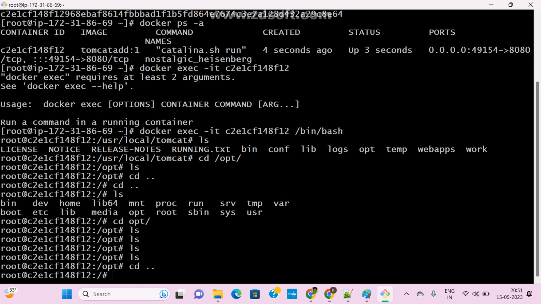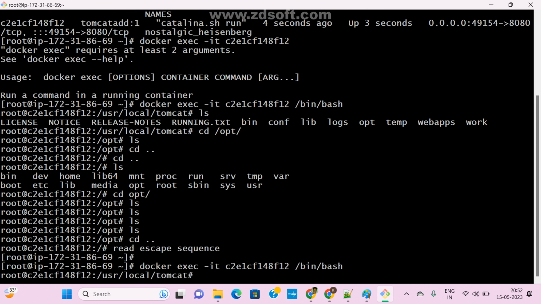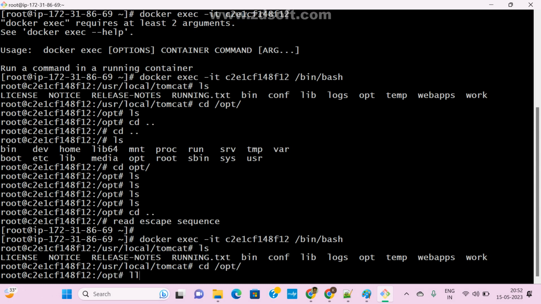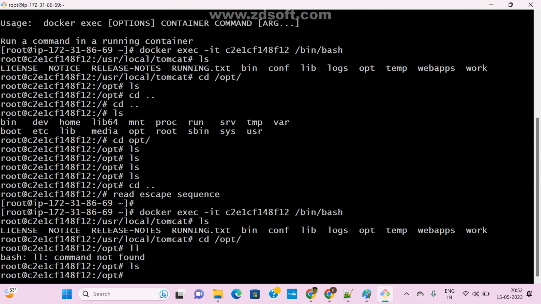Maybe here, ls. Ctrl+P Q. So this is ls. So cd, is opt copied? ls command. Okay, still it is not copied, or I can download any tar file. Let me check it.